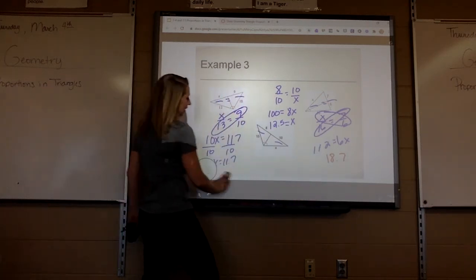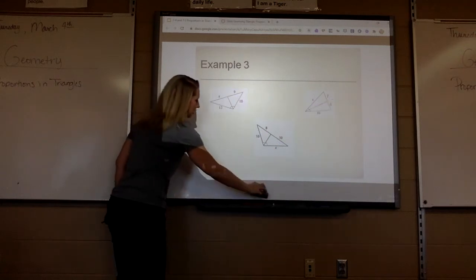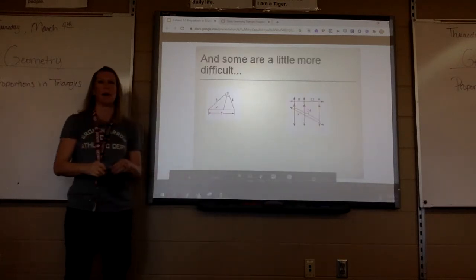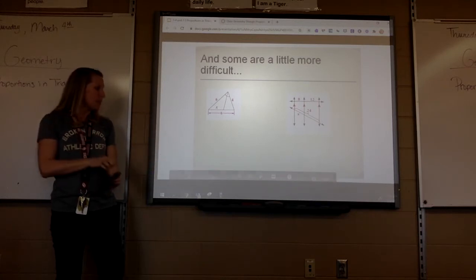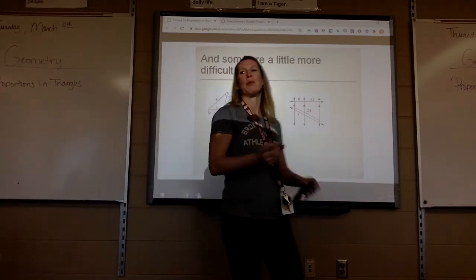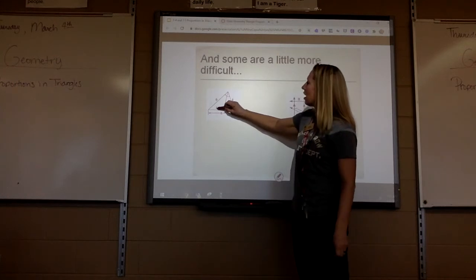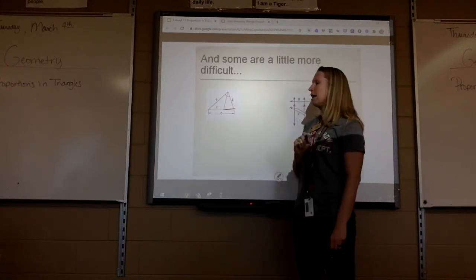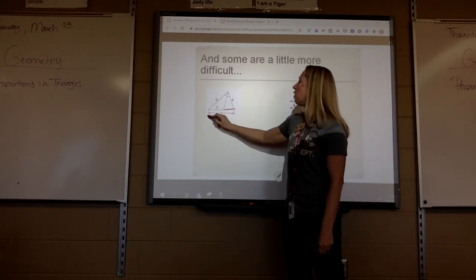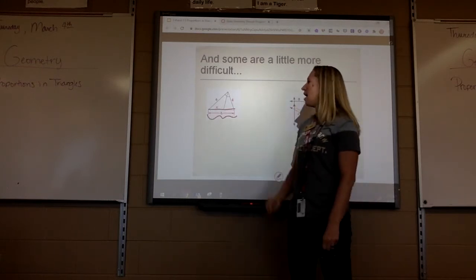All right. Okay, there's a couple more challenging problems, something to think about, and this will be on your test. I've looked at the test. This will be on the test. So, when I want to do this proportion right here, I would do 6 over x and then 4 over something. I need to figure out what this piece right here is. Well, if the whole thing is 6 and this is x,